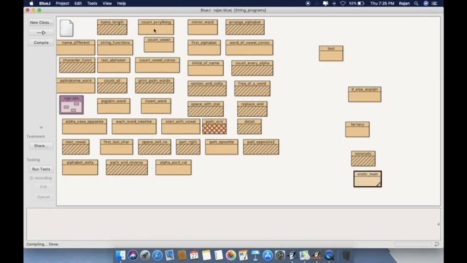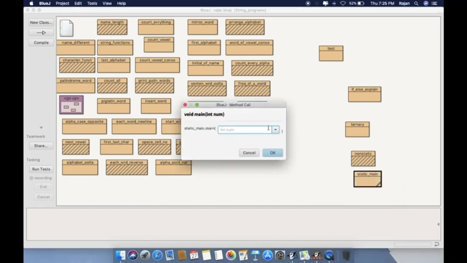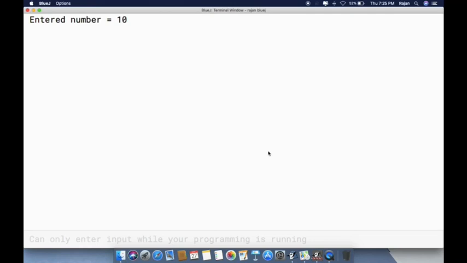Compile, close, make a right click, and you select the main function, void main, and it's allowing you to enter the value directly into the input dialog. This class is not allowing you to create any object on the object bench, because the function inside this static main class is a static function. So we'll input a number. Let's take 10 this time, and here you have got the output, entered number is equal to 10.